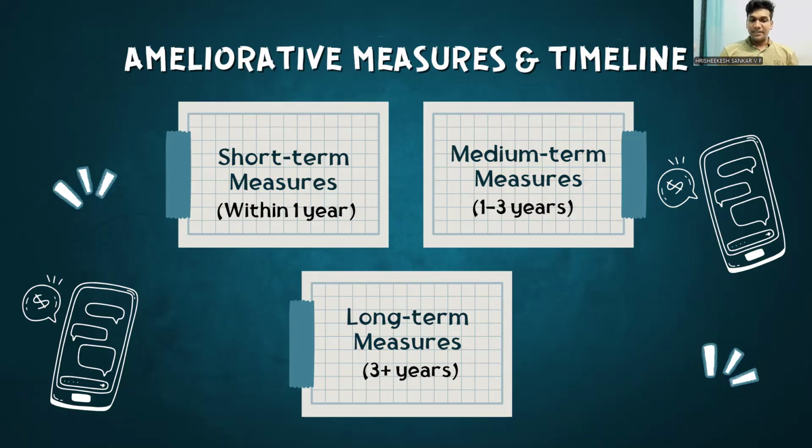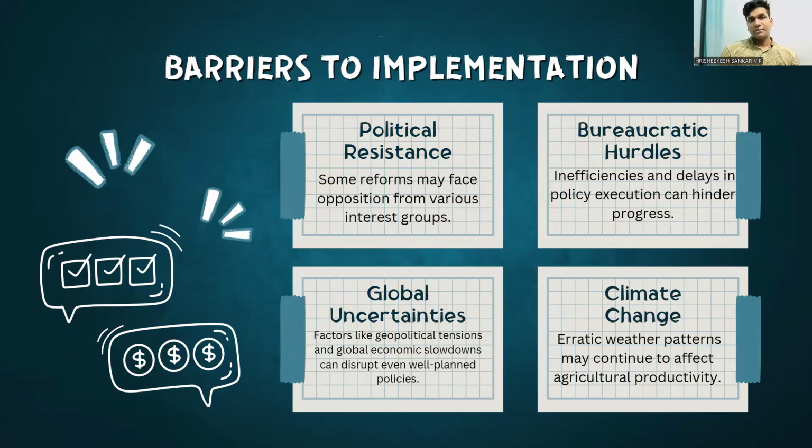Now, coming to the medium term measures, between 1 to 3 years, what we could do. They could strengthen the supply chain by investing more in it. They could also improve agriculture resources, investing more in agriculture. Now, in the long term, they should focus more on structural reforms, addressing fiscal deficit issues through improved revenue generation and expenditure rationalization.